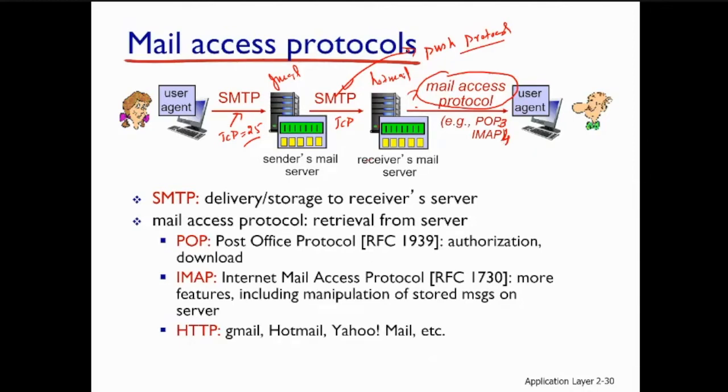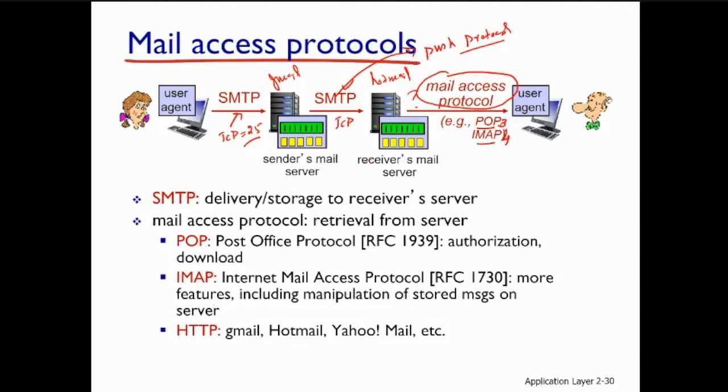Why? Because SMTP is a push protocol, so there is no mechanism to push email to the user client or the user agent on Bob's side. So Bob needs to make use of either POP3 or IMAP4 mail access protocols, or Bob can make use of